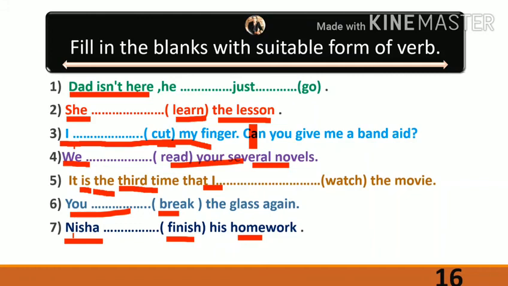So here we have discussed only present perfect tense, so it becomes very easy to fill all these. But remember one thing: when we do all types of tenses, it becomes a little bit difficult, but not impossible. You can just go through the example, understand the concept, then recall whatever you have studied, then fill the blanks with a suitable word.